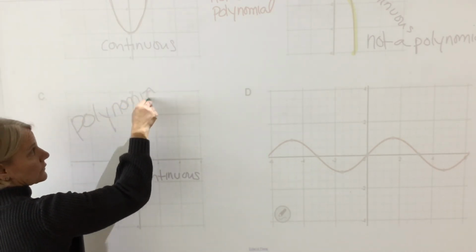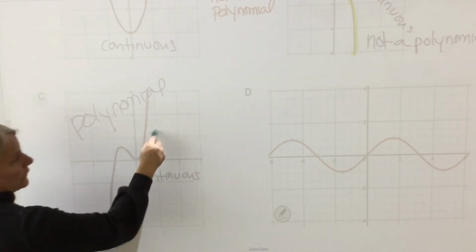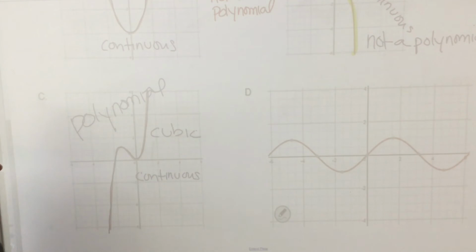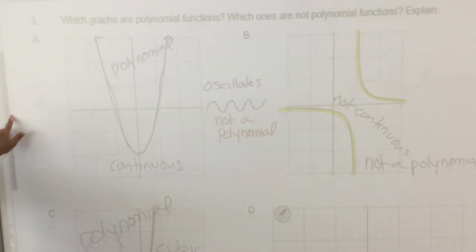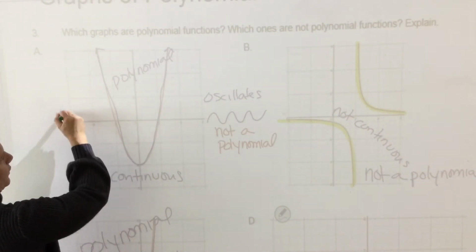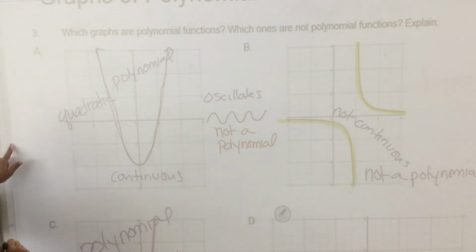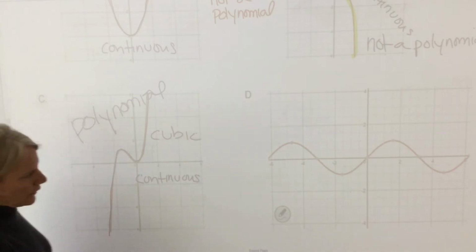And in fact, we can start to put a name to these now. This is a cubic. It has a line that has that bend to it. That first one, this is a quadratic. And the last one,